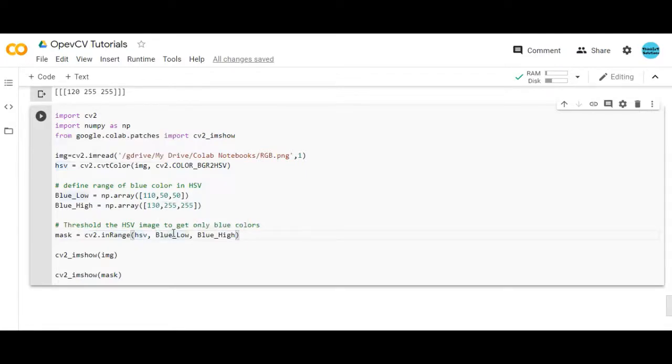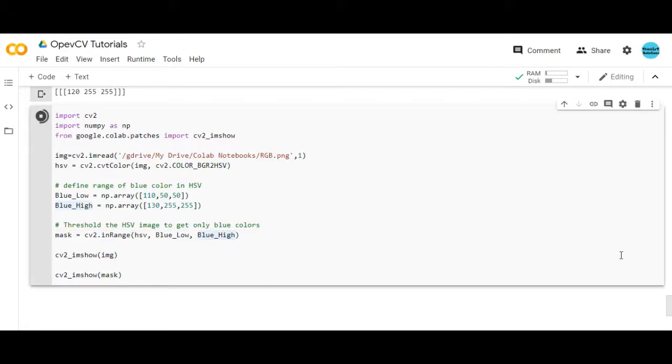I am passing blue_low as the first argument and blue_high as the second. This is my lowest blue color and this is my highest blue color that I can get in HSV. Then I am displaying the input image and the output mask over here.